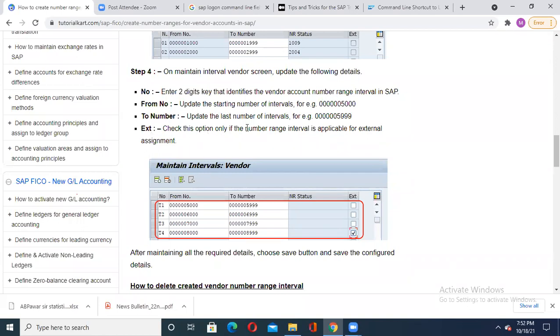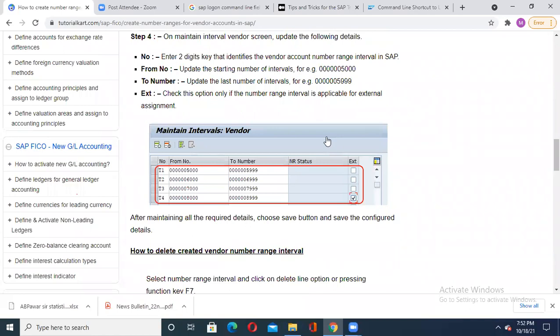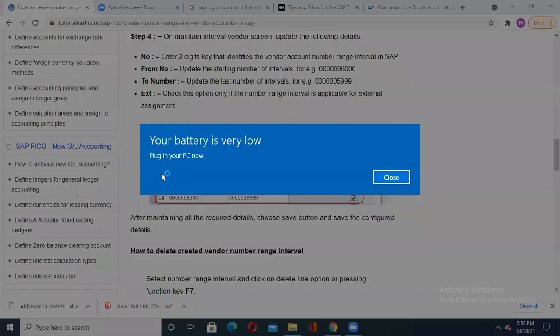Check this option only if the number range interval is applicable for external assignment. If it is related to external account groups, then you can do that. Otherwise, keep this field unchecked. After doing all these things, you just have to save that configuration. In this way, you are able to assign a range. Now, what range have you assigned to this first vendor account group?